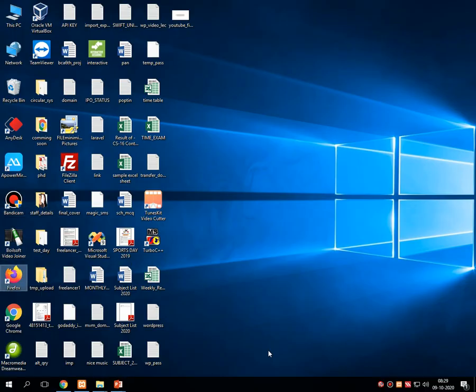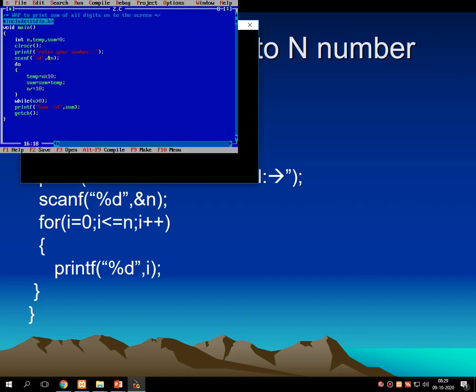So for that I am going into the Turbo C compiler. Then here I am giving the definition: write a program to print 1 to 5 number using for loop. See students, I am taking the first 3 to 4 programs common for while loop as well as do while loop as well as for loop, because you can simply compare what's the difference between the same program